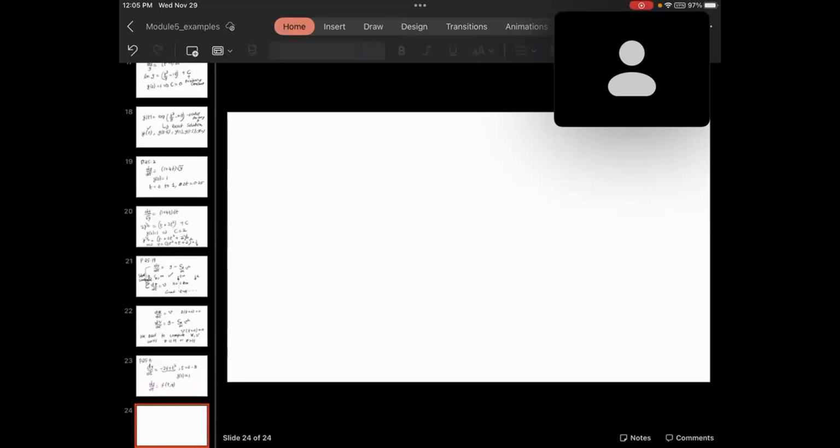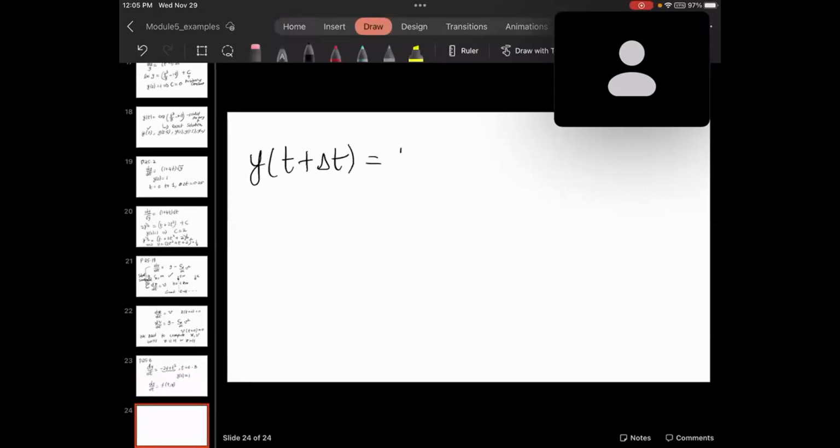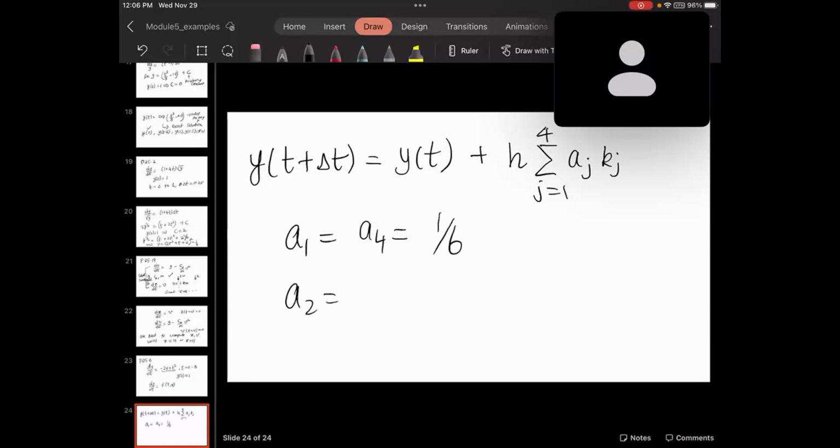Okay, good. All right. So the RK4 method, which is the longest method to use, is y at the next time step equal to y at the current time step plus h over 6 multiplied by... I'll write it as h multiplied by the summation of aj kj, where j equals 1 to 4, and a1 equal to a4 equal to 1 over 6, a2 equal to a3 equal to 2 over 6,